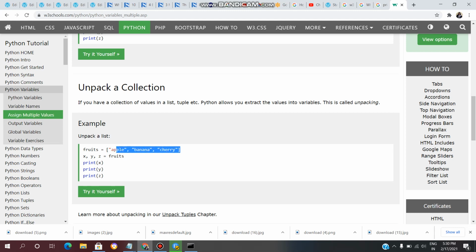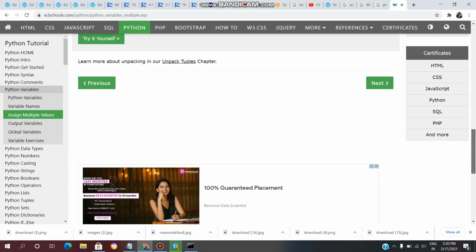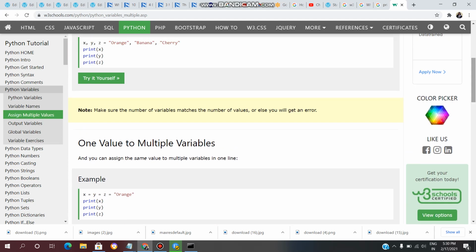This is the list. Then x, y, z equal to fruits. We are assigning this list to three variables, x, y, z, and printing x, y, z. We will see this practically later. These are the concepts we are seeing today.